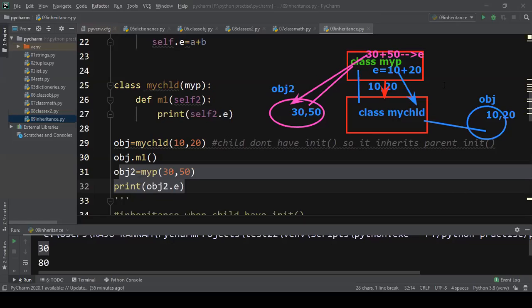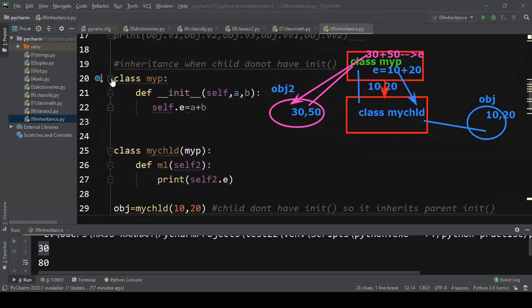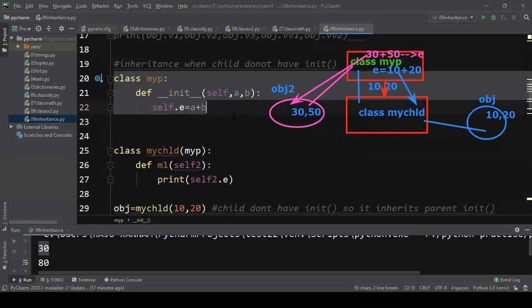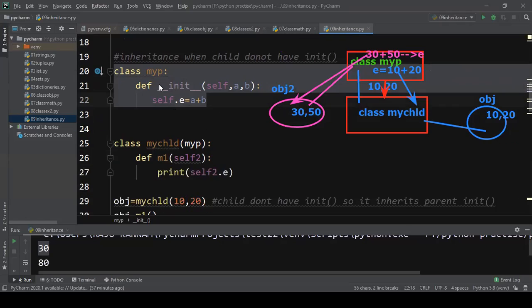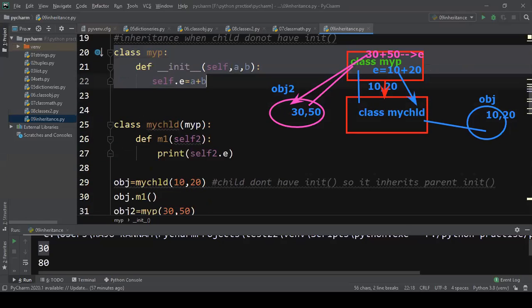Now you cannot do object2.m1 because this object we are creating only for myP, that means for this particular class. This class is not going to inherit that class. It takes the functionality of this one, but not of that one.